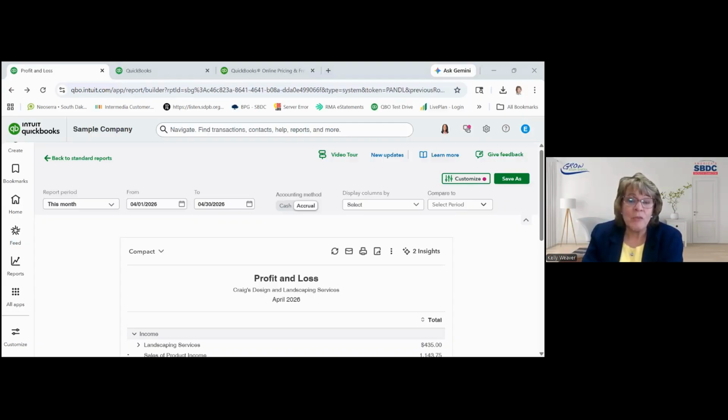When you create the invoice, in the description of what you're charging them for products or services, you could put a project name in that description. It can be edited. Or you can create a custom field when you customize your invoice that says project, and then you could just put that in there on the invoice.